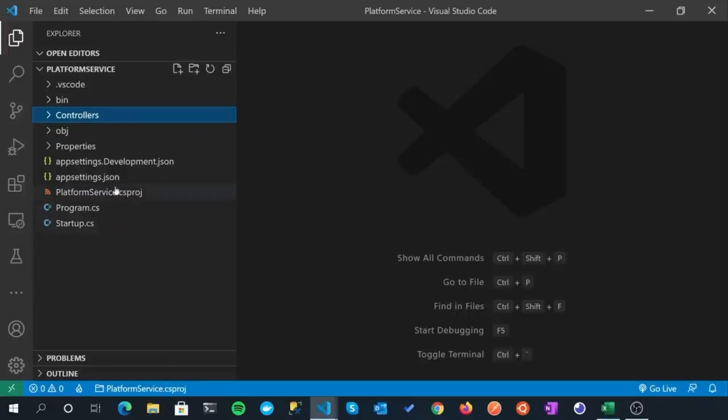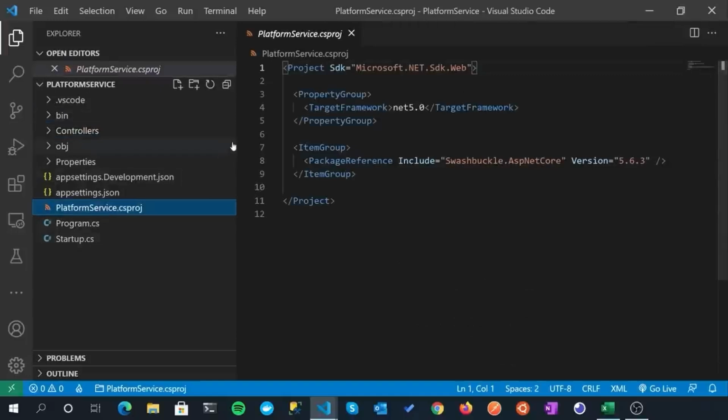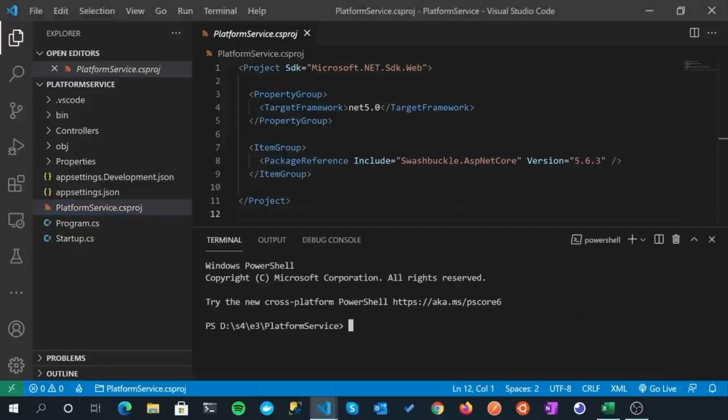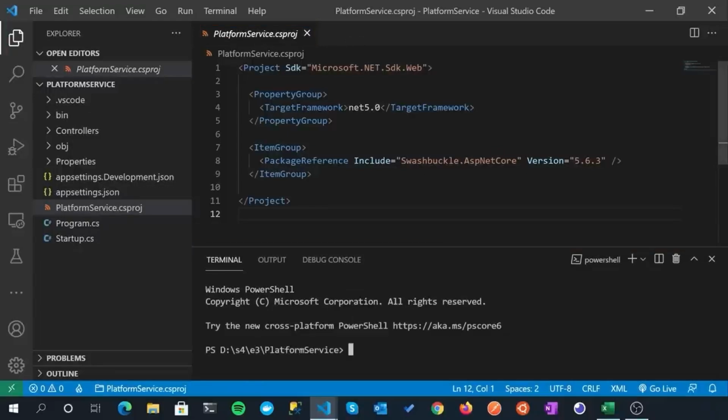But the first thing I want to do is really just start to add in our dependencies, our package dependencies that this service will require. So again, I opened up my terminal there, so Control and back tick to get the integrated terminal up and running. And I like to leave the platformservice .csproj file up and running. So as we add packages, you'll see them being added to this file, just to make sure that we've not made any typographical mistakes.